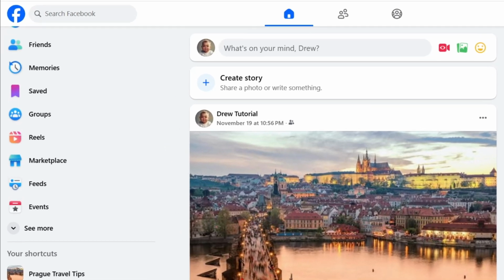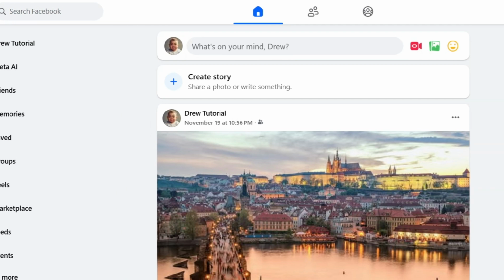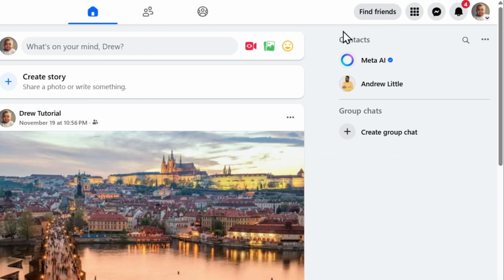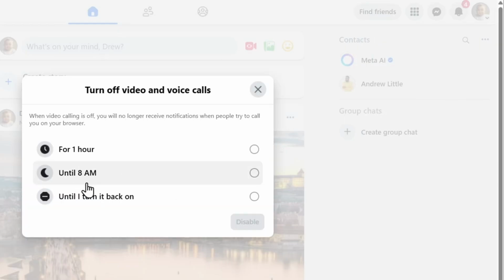And in this video, I'm going to show you how to turn off incoming call zone on Facebook. Once you're on your Facebook profile, guys, just go ahead, look towards the upper right hand side where you have contacts and you'll find three dots. Click the options there and here you'll find incoming call zone. Just simply toggle that off and right here you will see that you can set for a period of time